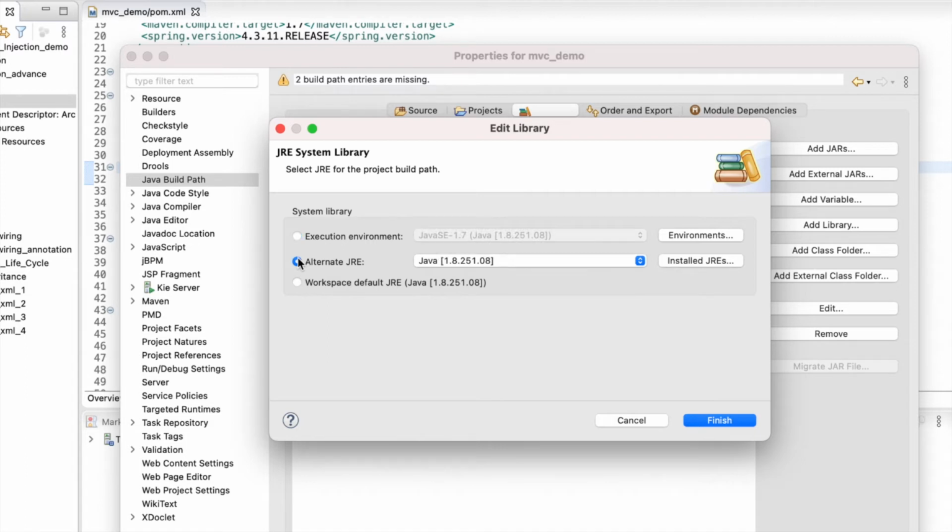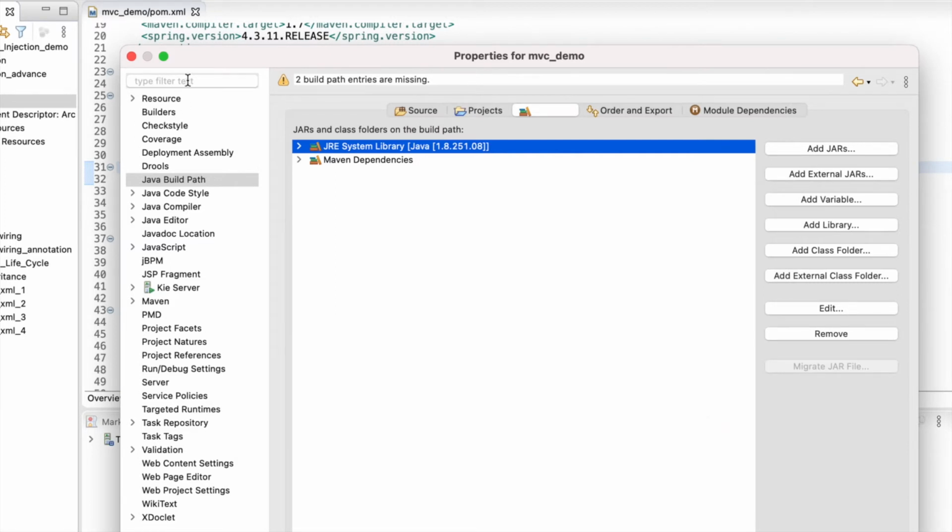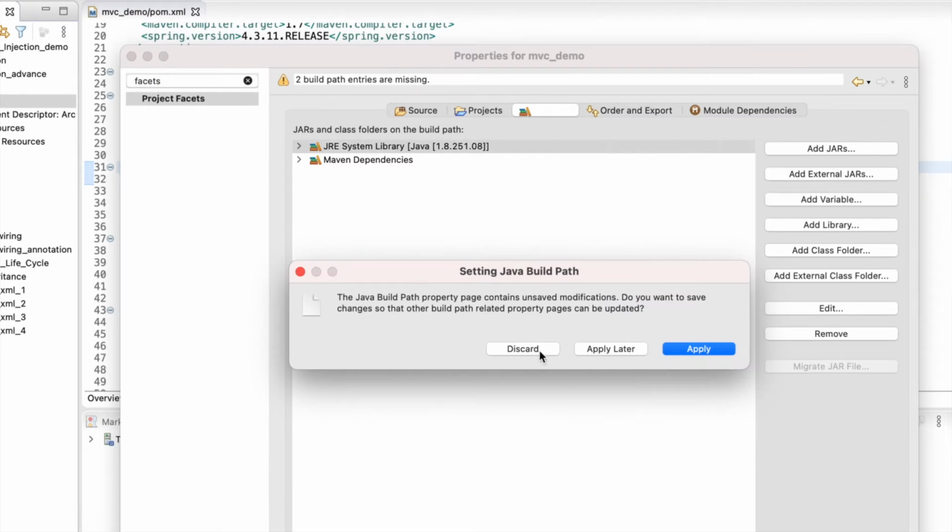I have configured the alternate JRE 1.8, but anything is okay, 1.8 or more than 1.8, right? And finish it. And also you have to go to the facets, apply now.